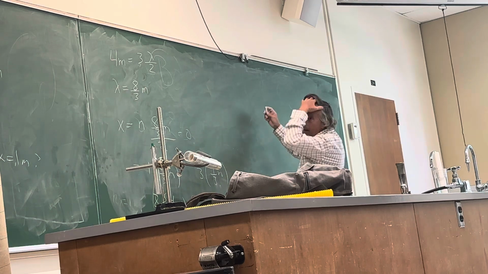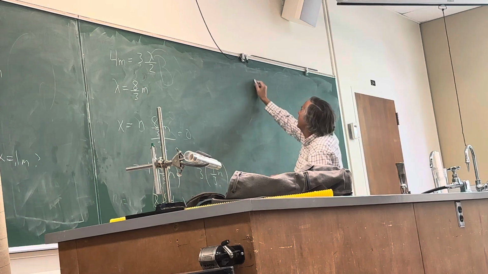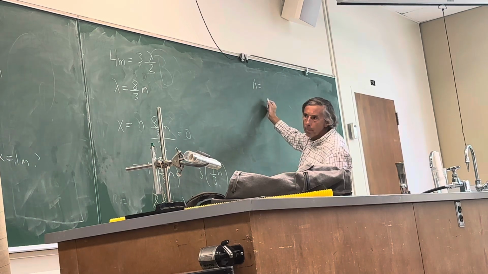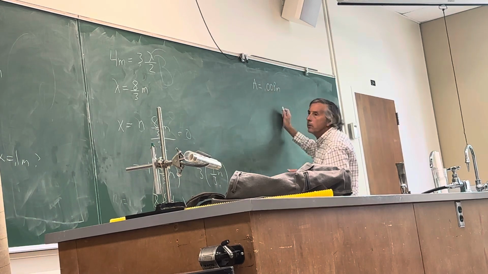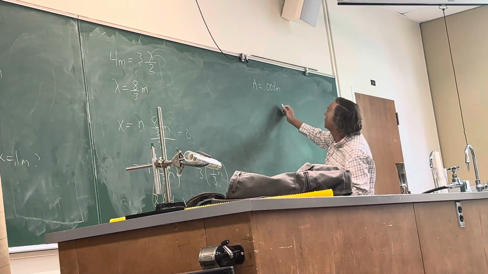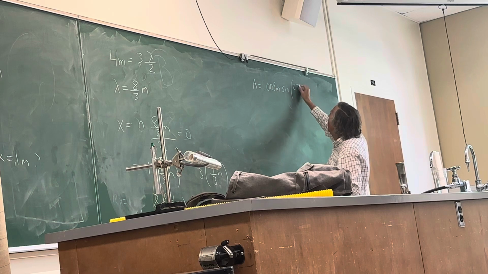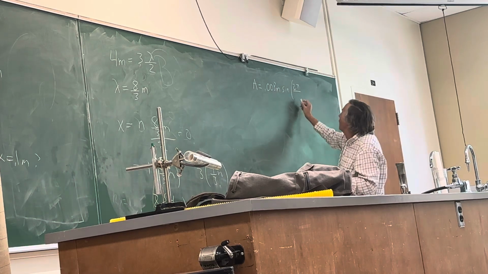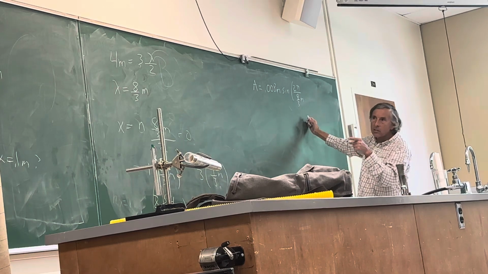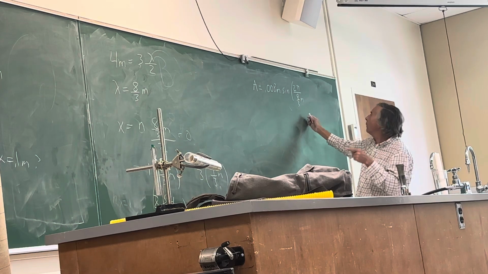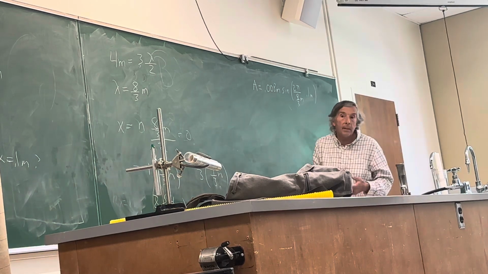I've got an amplitude function, and I want to figure out what the amplitude is. The amplitude is equal to the maximum amplitude, which I gave you as 0.008 meters, times the sine of k, which is 2 pi over the wavelength. We got the wavelength, that's 8/3 of a meter, times the position x, and I wanted to know where it was at 0.1 meters. If I type that out, that should give me the amplitude at that point,